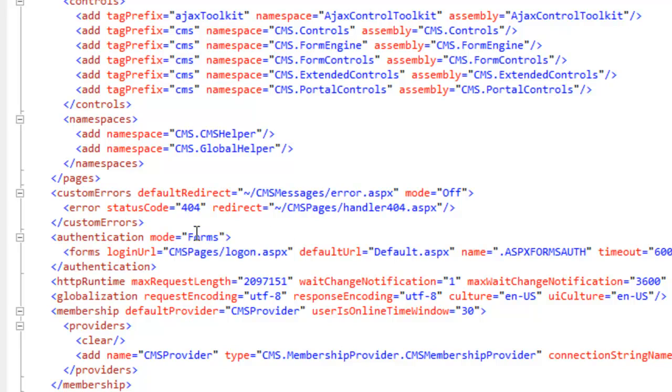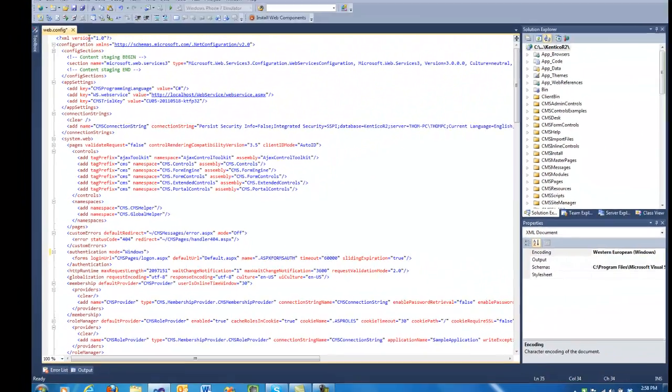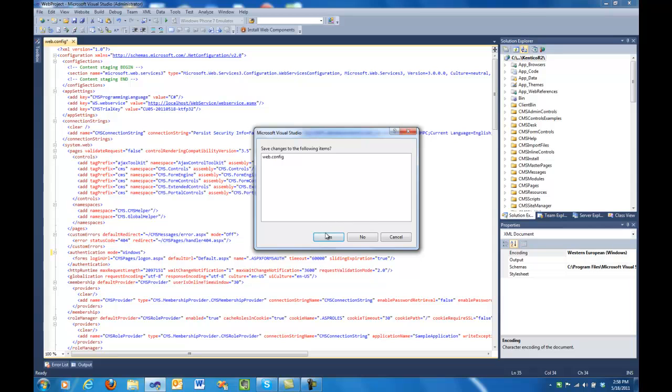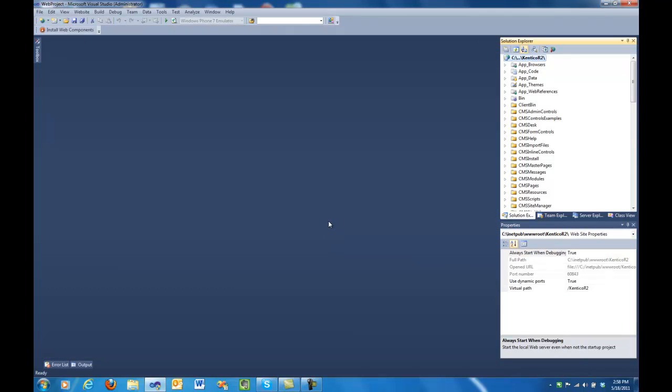I'm going to come into my authentication mode. I'm going to switch this from Forms to Windows. Save my web.config, and then restart my application. At this point,